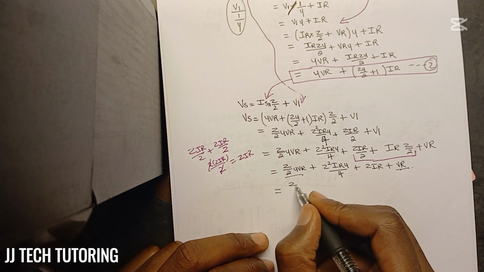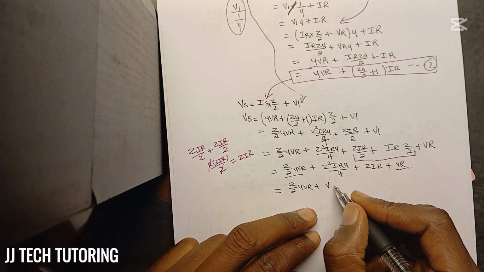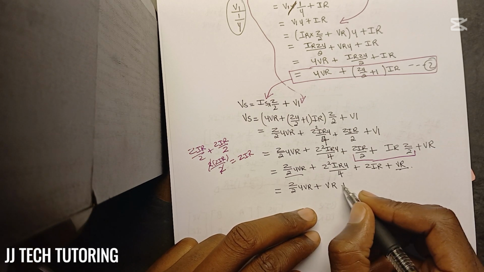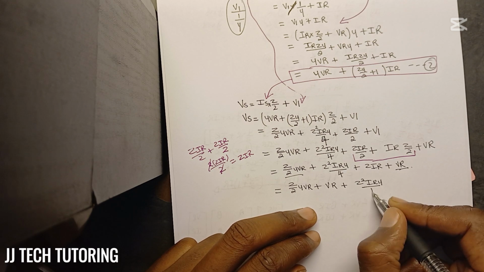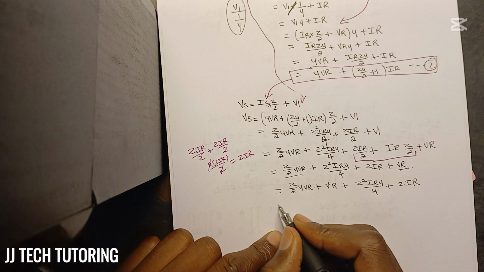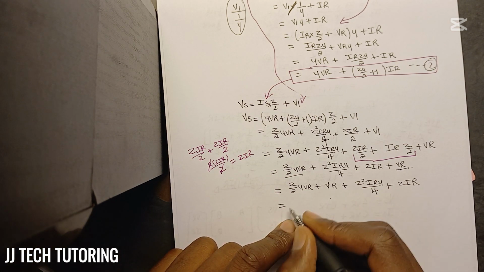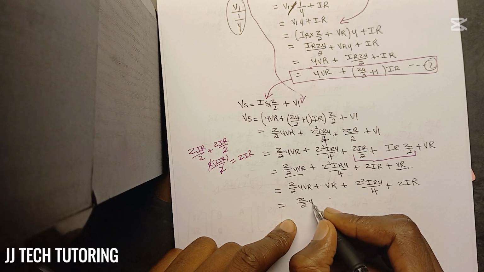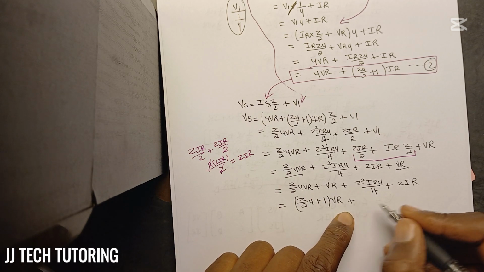Now Z over 2 Y VR plus VR, then plus Z squared IR Y divided by 4 plus ZIR. Right, now we're going to factor out VR. So we're going to have Z over 2 Y plus 1 VR plus